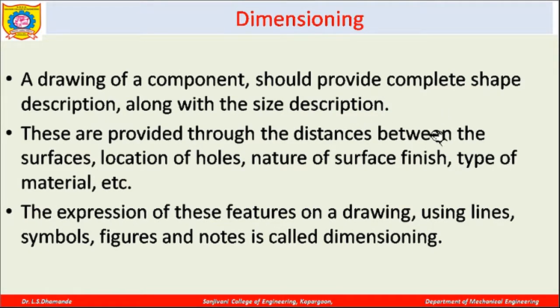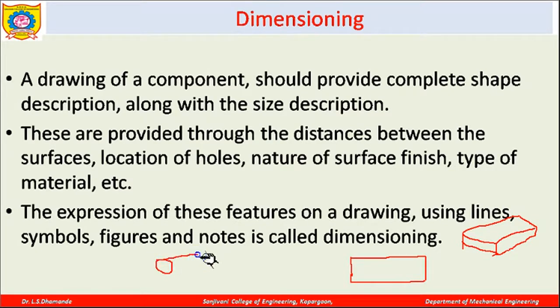Once you see some drawing, you should understand exactly what the shape of it is and what the size of it is. For example, suppose I show you a drawing like this, a rectangle. Definitely by observing this rectangle you cannot say what exactly this component is. Now this component can be this kind of plate, which you are going to view from the top. Okay, like this it can be a plate, right? This can be a plate like this, which can be viewed from the top side,